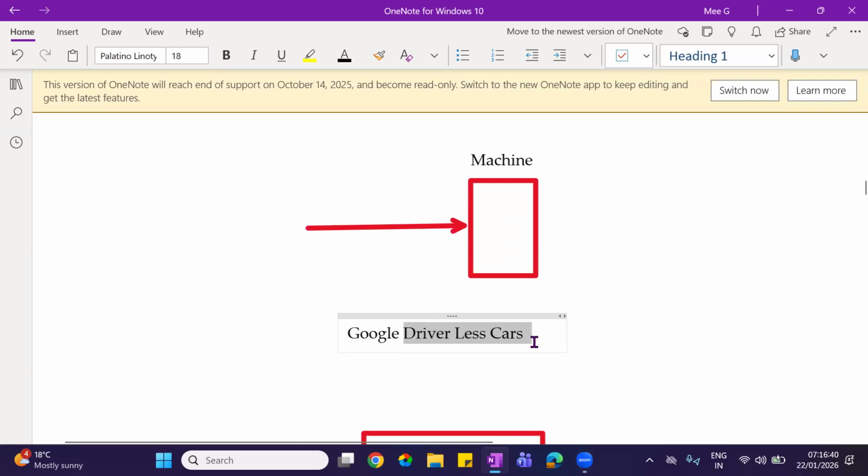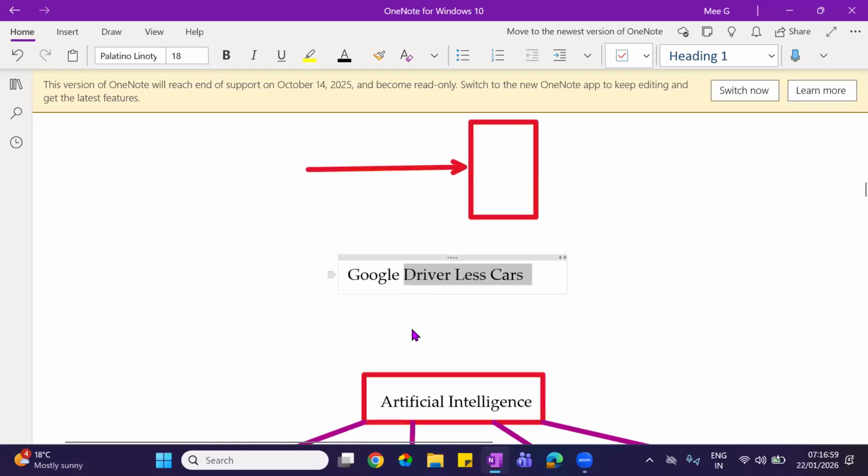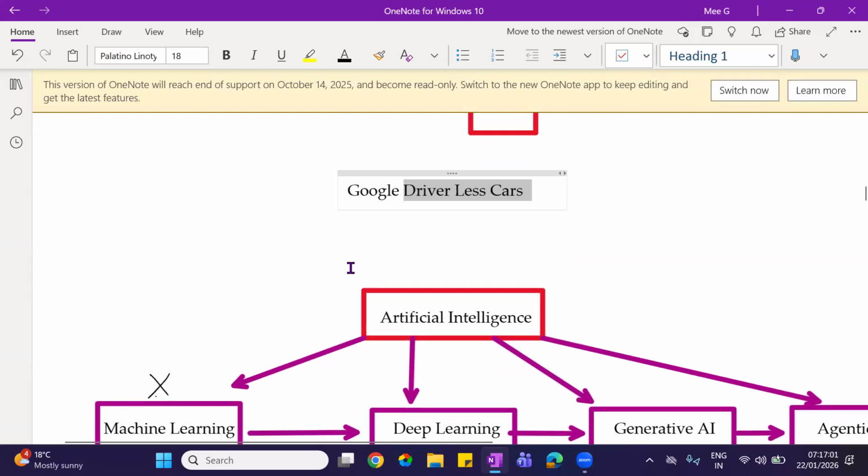Usually cars were designed to be driven by humans with rules, regulations and traffic rules. That knowledge we pass on to the machine, and the machine starts driving the car with strict rules.